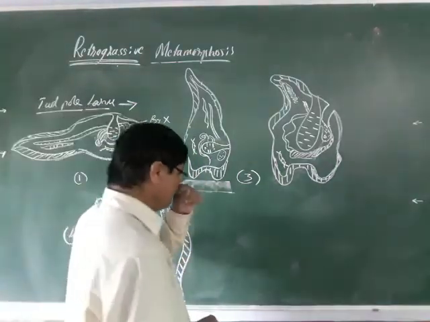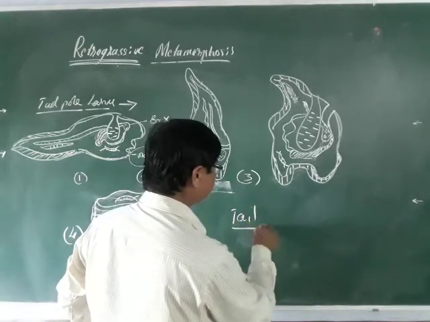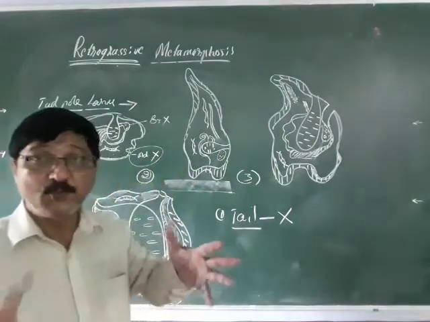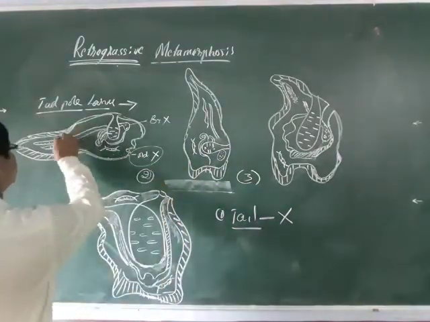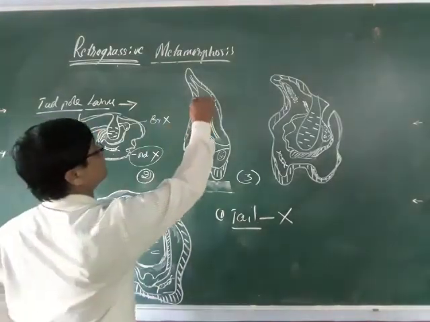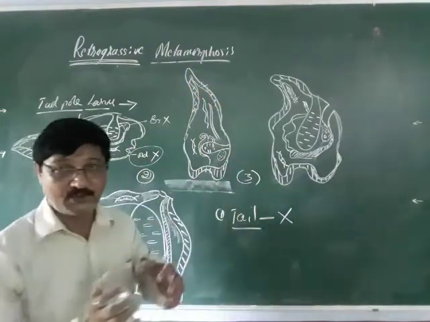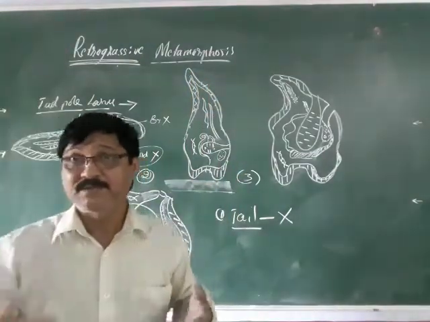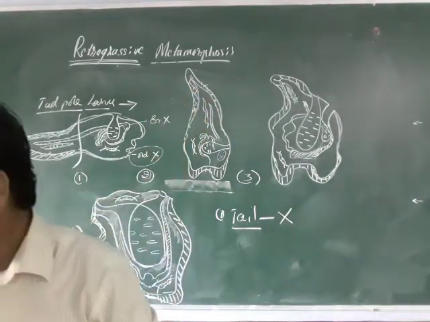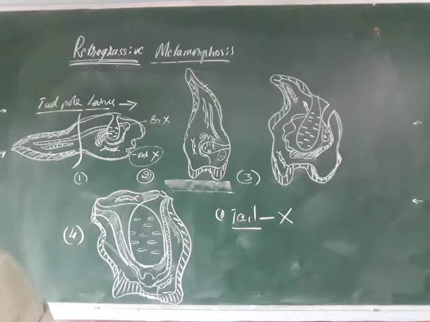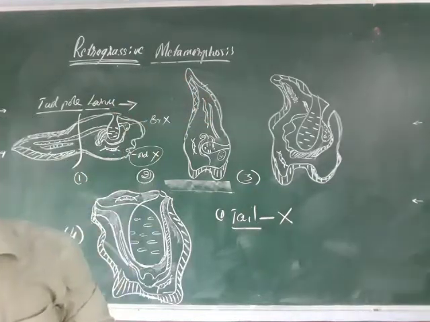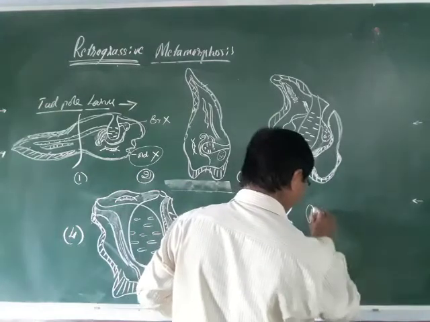First, the tail region will be reduced. The tail is withdrawn inside. You can see here these fish-like structures. When it is attached, the tail is reduced, or withdrawn. As a result of the withdrawal, the cells of the tail region will be gradually absorbed and ultimately disappear by means of phagocytosis. The term you should remember is phagocytosis.